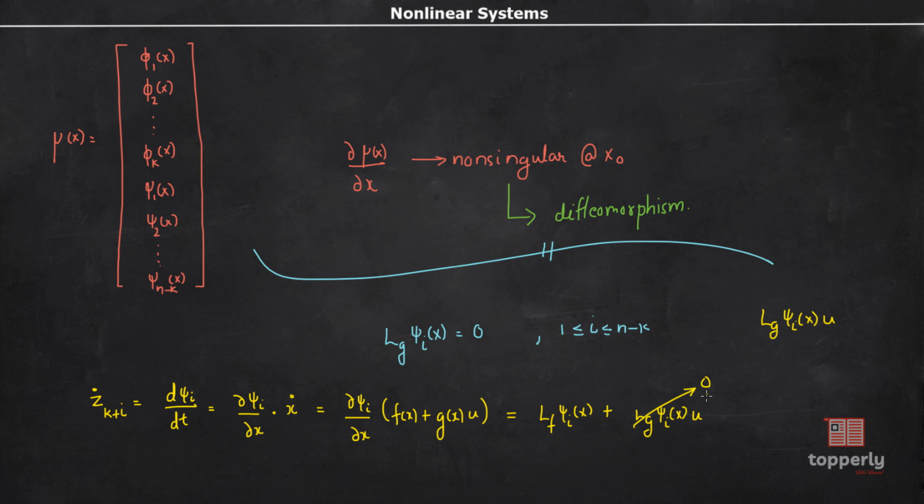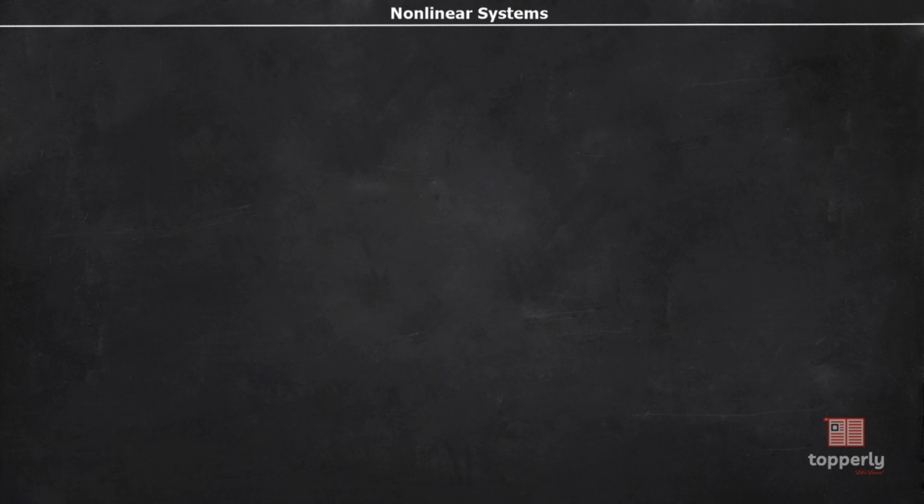So what is left is Z_{k+i} dot is equal to psi_i dot is equal to L_f psi_i of x, where x is equal to mu inverse of z, and of course i lies in the range 1 ≤ i ≤ n−k. Therefore, we have our partially feedback linearized system. Z1 dot is equal to Z2, Z2 dot is equal to Z3,